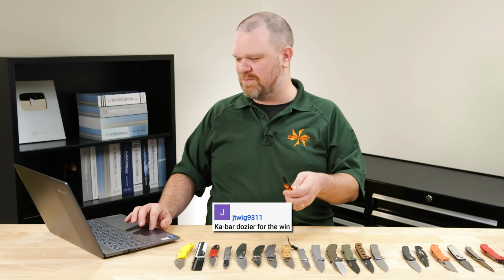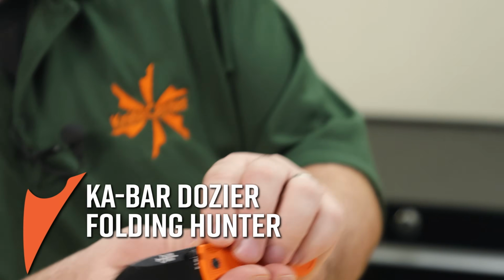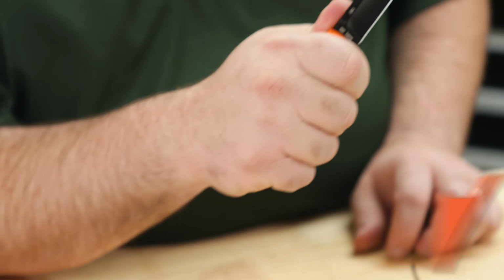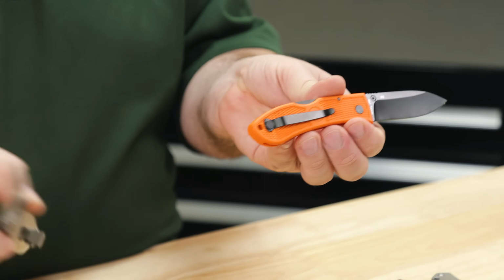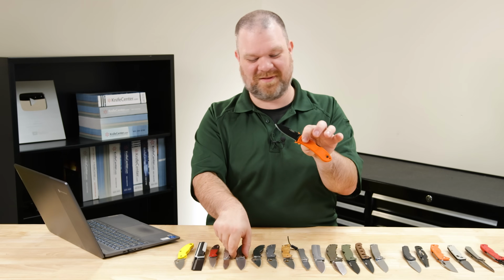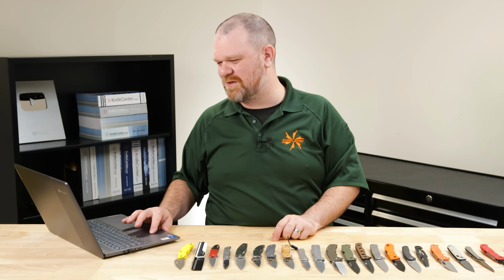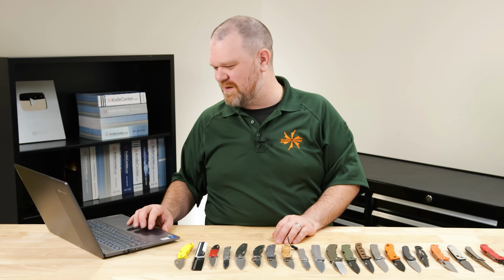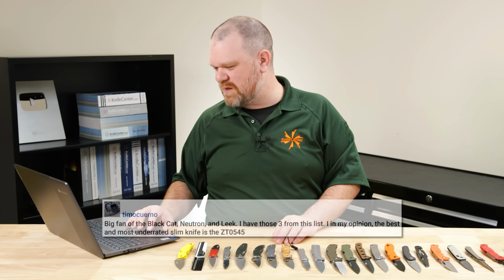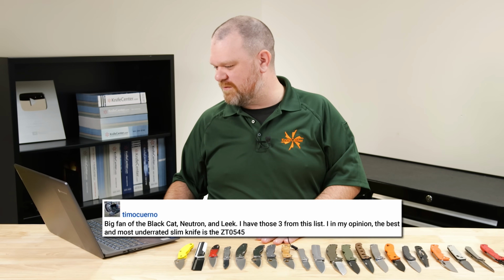J Twig, K-Bar Dozier for the win. Awesome slim knife. Very affordable too, like 38 bucks, 37 bucks for D2 steel, injection molded handles, a very versatile, well-rounded design. Moment of truth, way too thick. Again, this is a very thin knife, but it doesn't deserve to be talked about amongst the thinnest. Timo Cuerno, big fan of the Black Cat Neutron and Leak, which we showed in that video. I have those 3 from this list. In my opinion, the best and most underrated slim knife is the